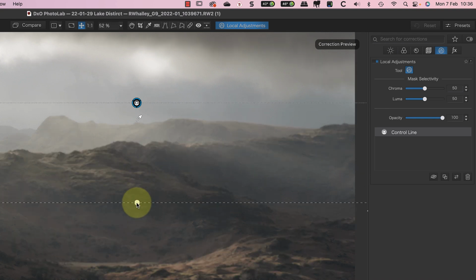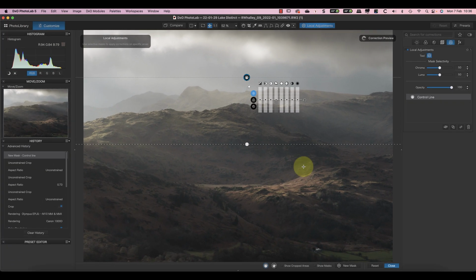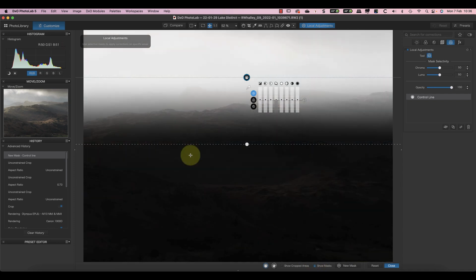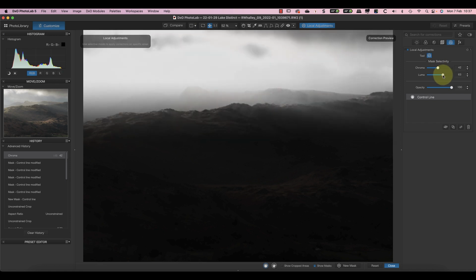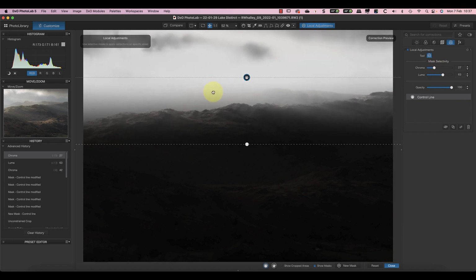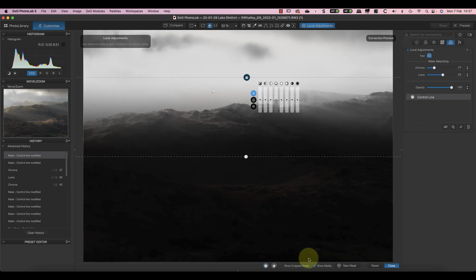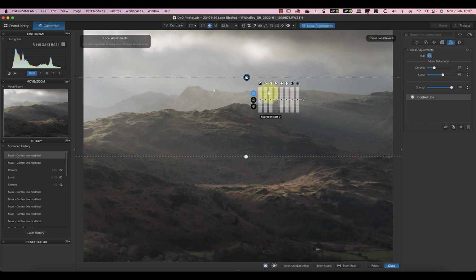Now, if I add a selection just above the top part of the image, now what I can do is I'll just turn on the masks. And now I can take this sample point and move it around the image to pick the best sample position. Now it's not making too much difference at the moment depending on where I'm placing that. But what I can do is use these options here to refine that mask. And now that's looking more like what I wanted to select. So I'll just turn the mask off, and now I can apply my adjustments.